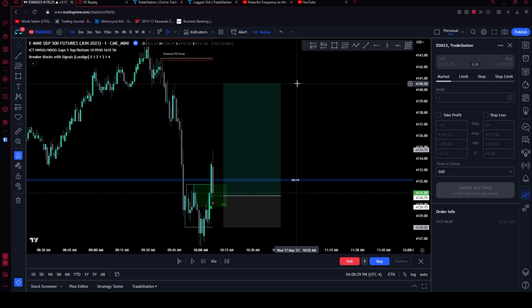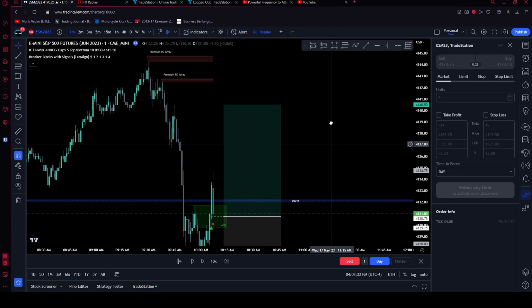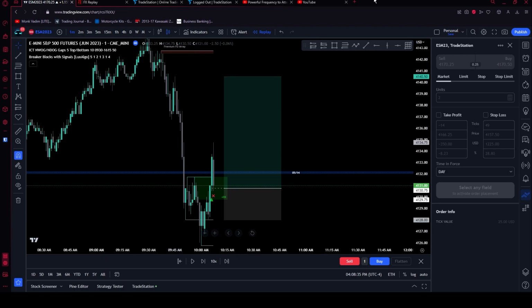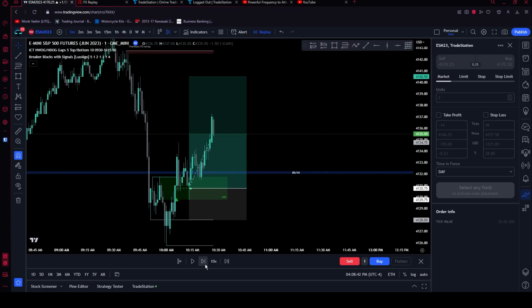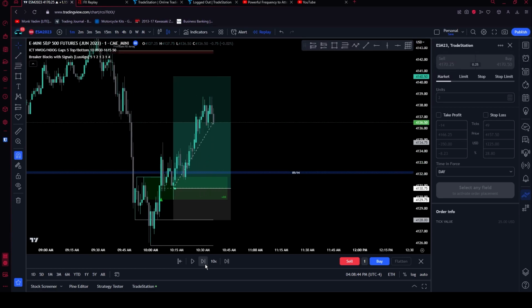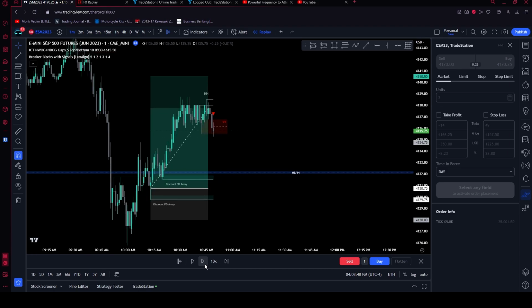But it did end up coming up and hitting my target, and I think it hit all these targets. It's the start of the daily range, so it came all the way down and then went for the rest of the day. So we're gonna show you that. I took that entry and off it went. So right in here, it started getting sideways, and I saw that happen. So I closed it,